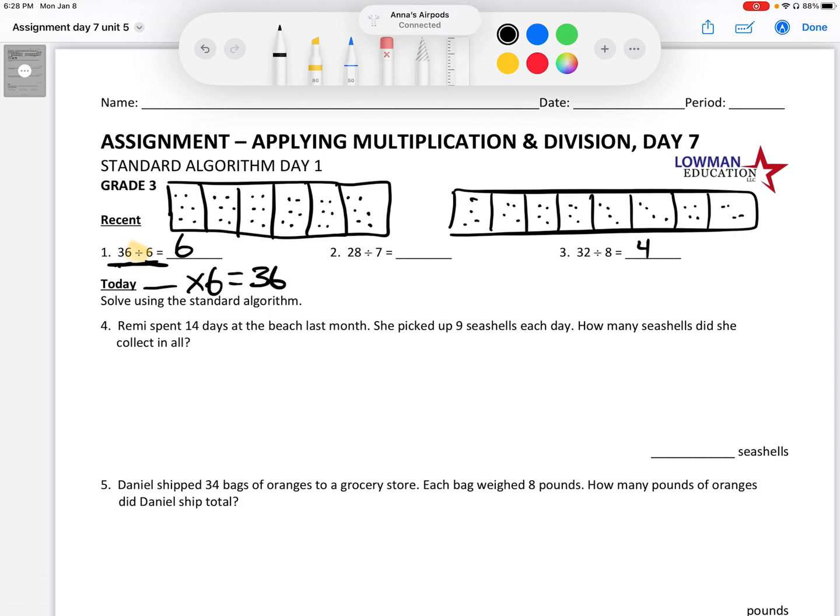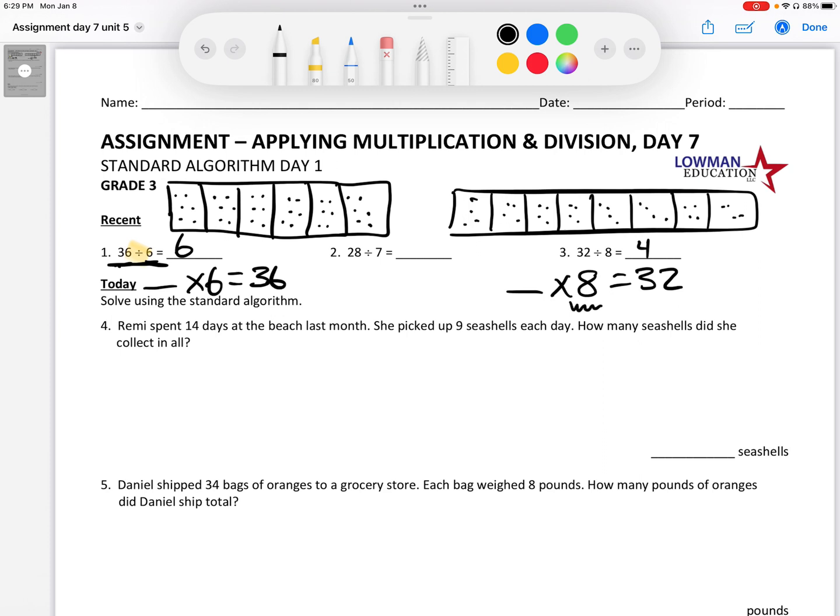The next way to solve this is to flip division into multiplication, because we have learned that division and multiplication are inverse operations. They're opposites of each other. You can create fact families with them. So I would take this and it would have been blank times 8 equals 32. So I need to figure out how many times I need an 8 to get to 32,